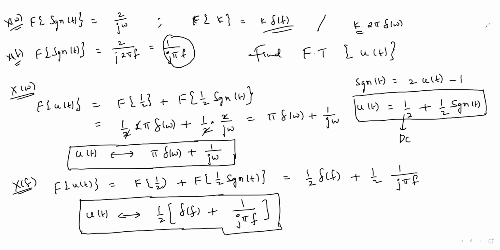Now let us find the Fourier transform of sinusoidal signals. So let us find the Fourier transform of sinusoidal signals now. For that, first, what is the Fourier transform of a complex exponential signal? Let us see. Exponential signals we have already derived in the beginning of this class. Now the complex exponential signal Fourier transform, that is e to the power of plus or minus j omega naught t.